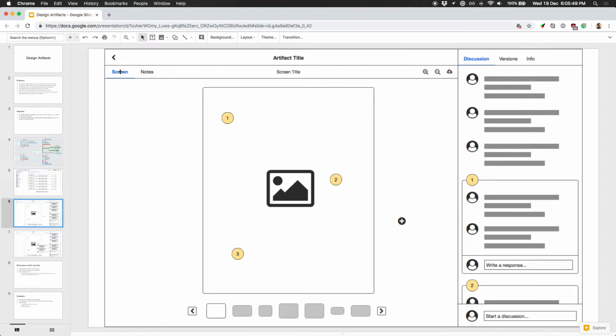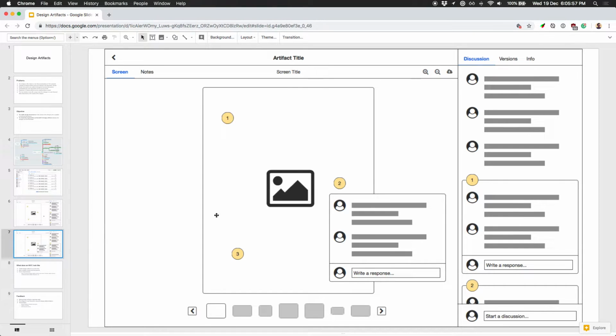The notes about a screen are shown here. And you have some viewing controls. And this is what a point of interest discussion would look like. Discussion would open in place and everyone can leave their response. So going back to the